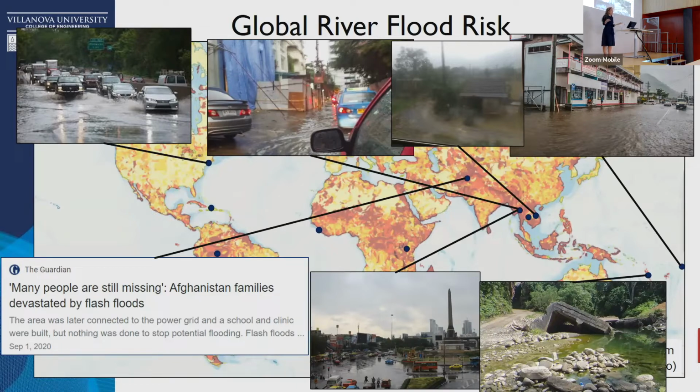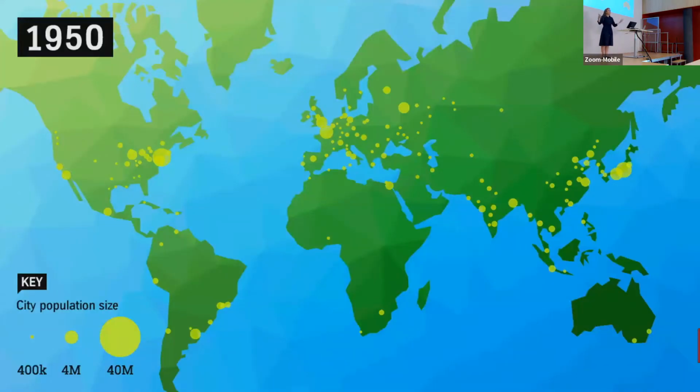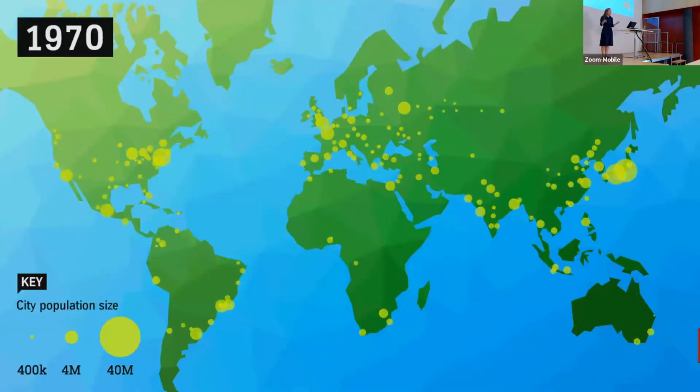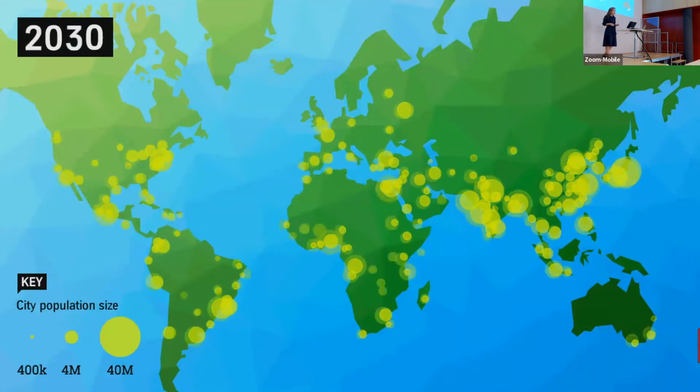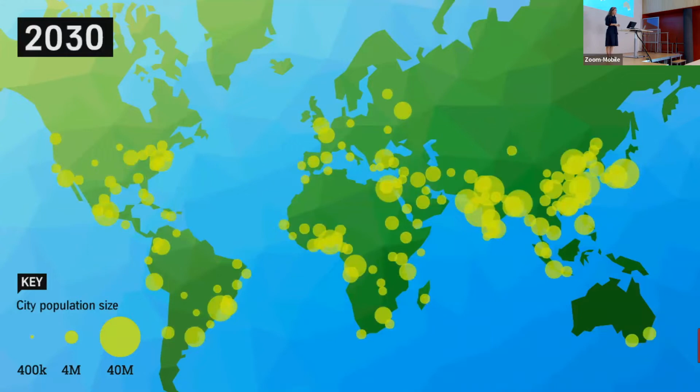And it doesn't really matter if it's a wealthy country or if it's a poorer country with a lower GDP. As climate change is exacerbated, and flood events are exacerbated, this is a bigger and bigger challenge. And as our urban areas are growing, this challenge is going to continue to increase. Right now, for the first time ever, more than half of the world is urban. Half the world's population is urban.